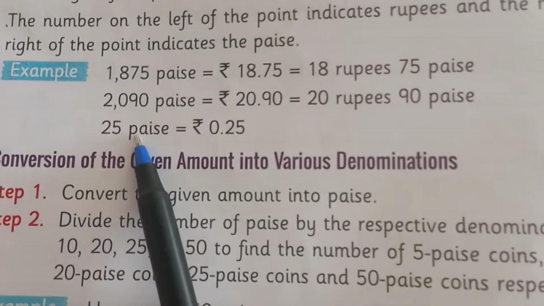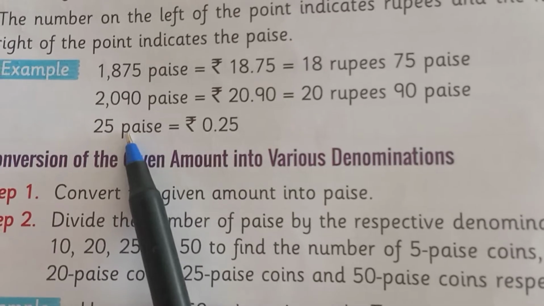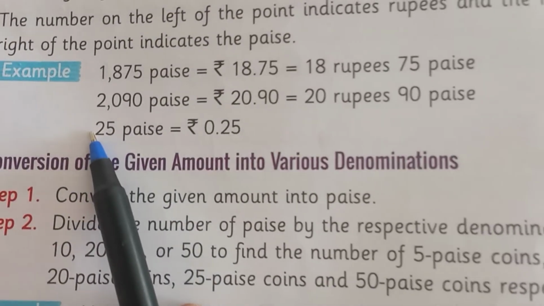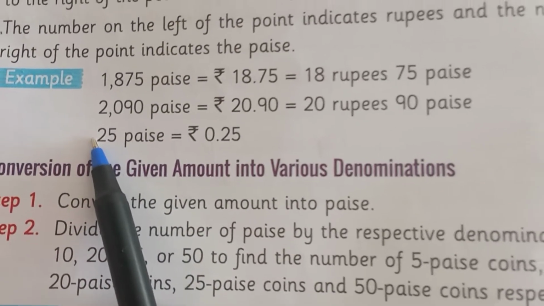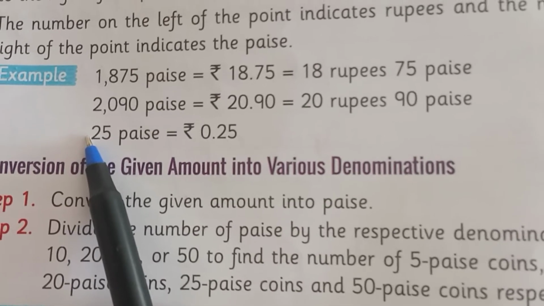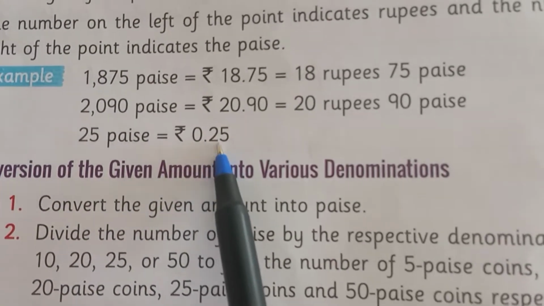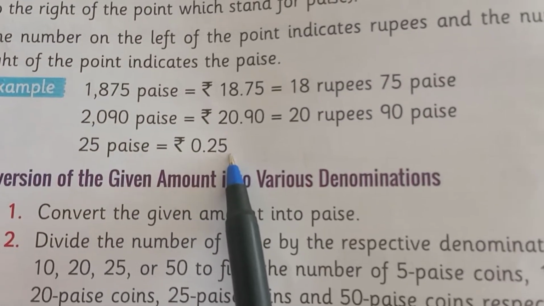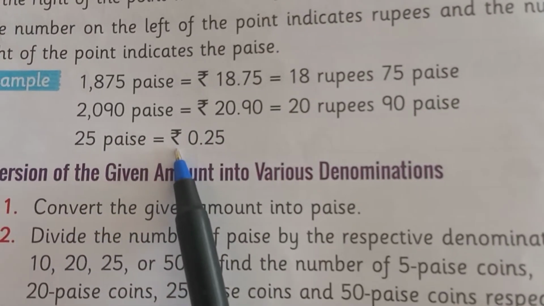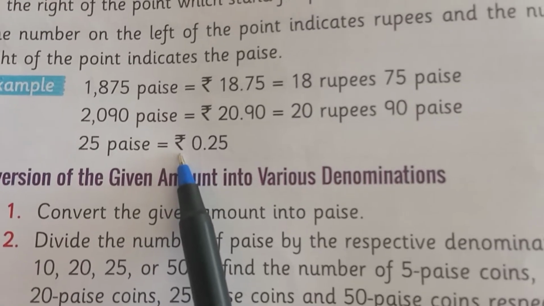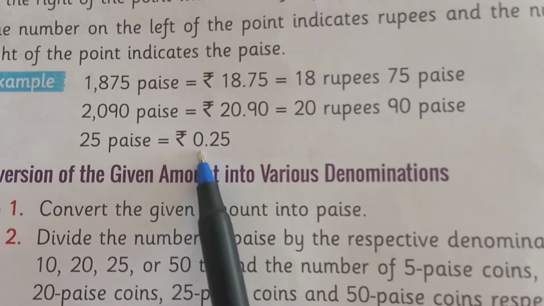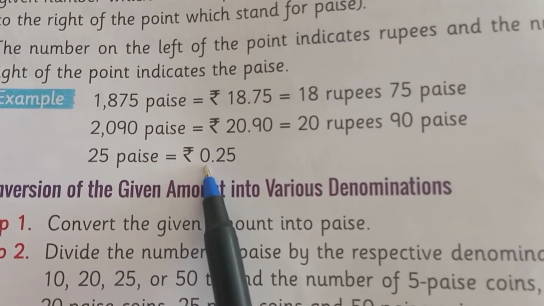And if you have 25 paise, so again you count 1, 2. You put here a decimal. So we are getting 0.25. So no rupees, so we write 0 rupee. So 0.25. Okay. And give here the rupee symbol. So children, there are no rupees, so you will put here 0 for rupees. I hope it is clear.